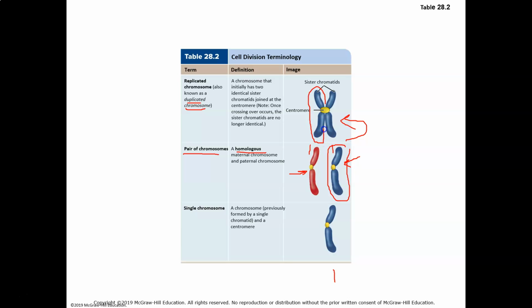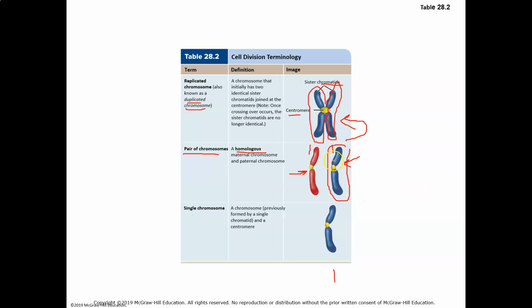here, this we call a chromosome, and we would call this a chromosome, and we would say, oh, we have 2 chromosomes. And what we say is, if they're connected at the centromere, these are identical. We call them chromatids now. So we've changed the name. So they're called sister chromatids. Sister chromatids are identical copies.